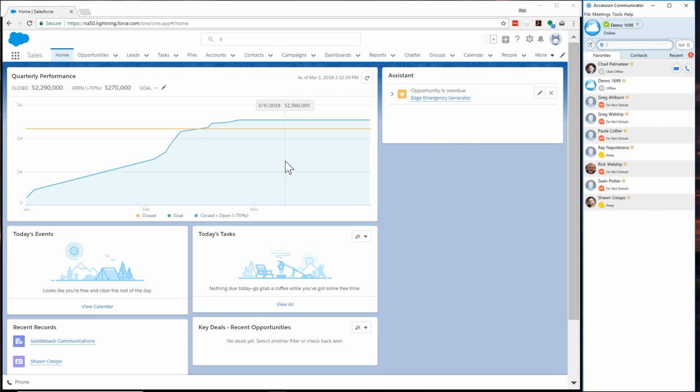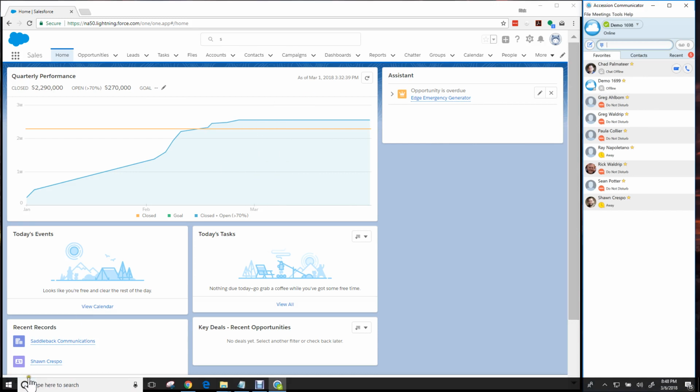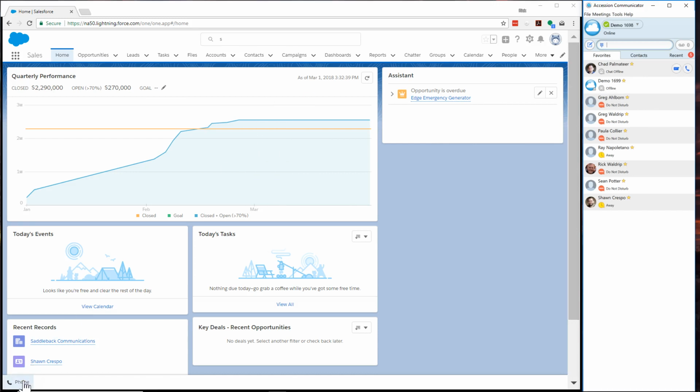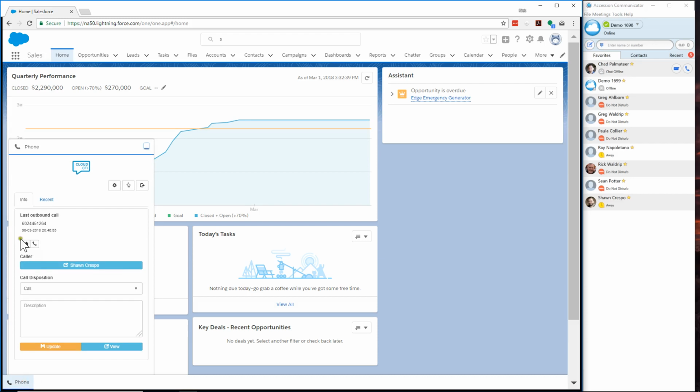Once the integration has been added to Salesforce, you'll get this little phone tool down here on the bottom. And if I click on that, it'll pop up information about my last call because I'm not on a call right now. But if I was on a call, it would be information about my current call. And I can also take notes about that call as far as the disposition, any notes that I want to take about that call. And when I update that, all those notes, all that information goes into the activity records